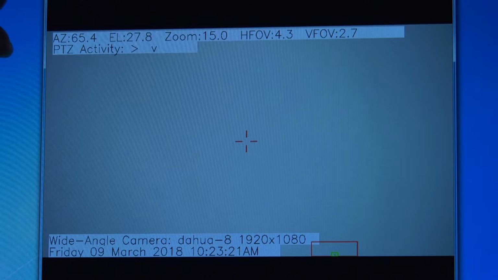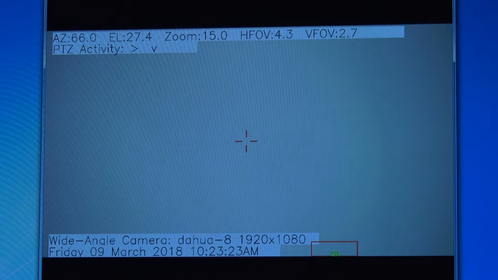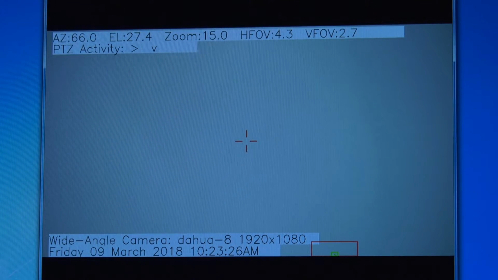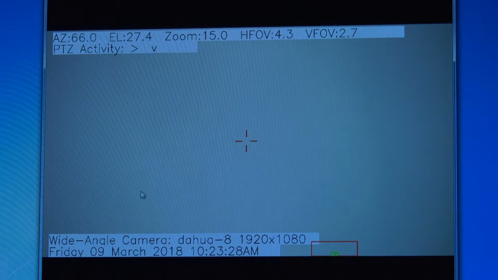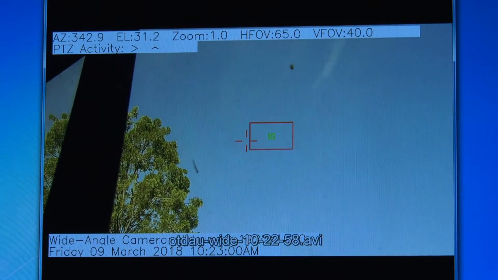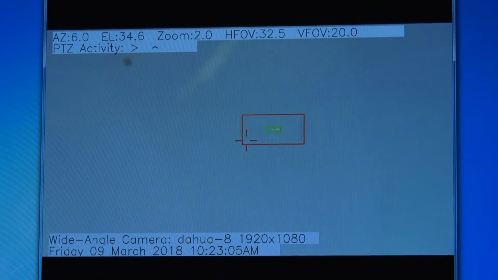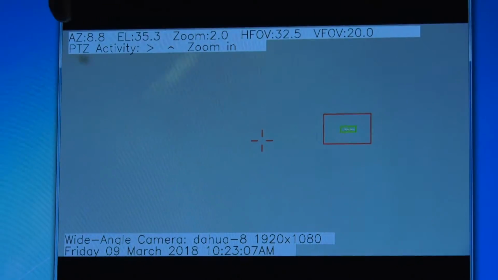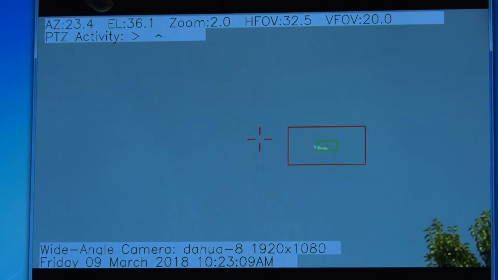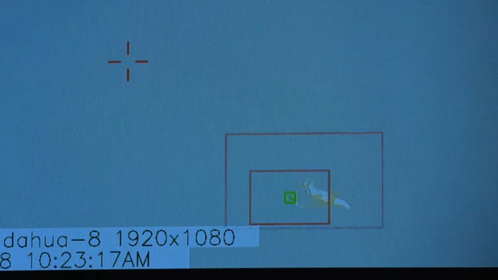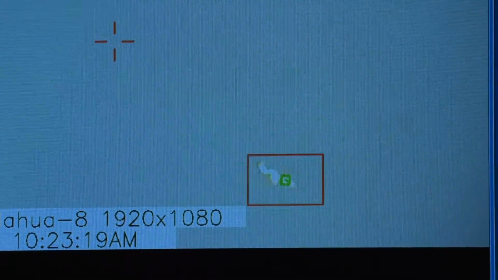And you notice that it's occasionally zooming. I think this example, I could probably find some other examples. And this was at 1920 by 1080, so I'm going to run that again. Here it made an initial move, and now it's doing this smooth tracking motion. You can see its azimuth and elevation are continuously changing. The zoom is up to 3 now. The PTZ activity shows the direction of motion of the pan and tilt function.